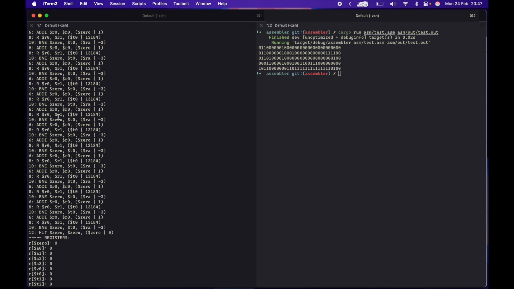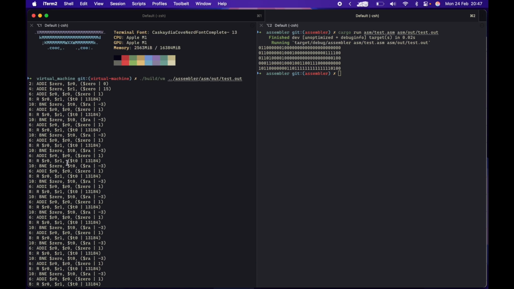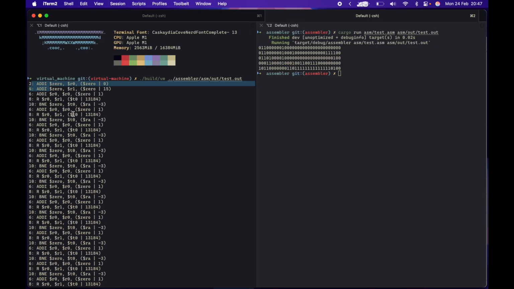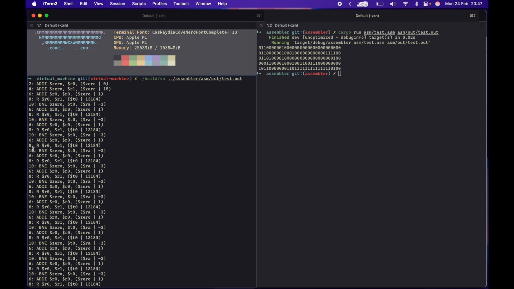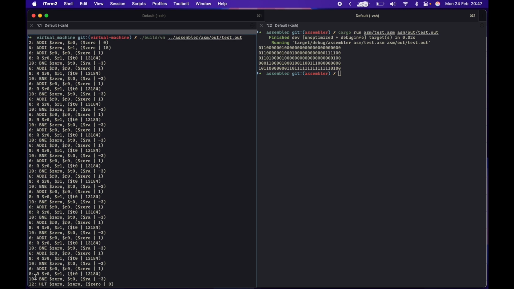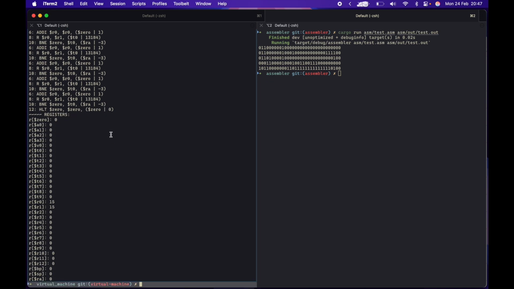here you see firstly the final state, both containing the number 15, and then these first 2 instructions, the add, are run, so 2 and 4, then 6, 8, and 10. And you can see it enters a loop here, where 6, 8, and 10 are being repeatedly run. So if you count the numbers, 1, 2, 3, 4, 5, 6, 7, 8, 9, 10, 11, 12, 13, 14, 15. So you can see the control flow works as the loop is being run 15 times, which is what